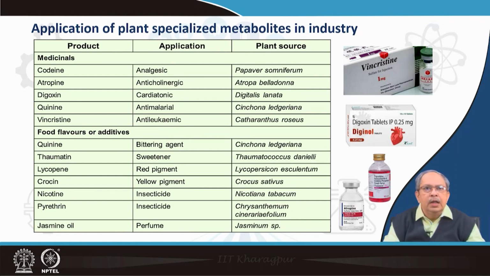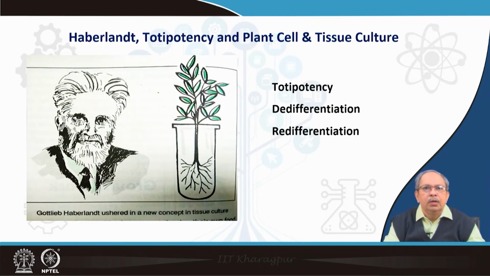So, these are some of the specialized metabolites which are produced from plants, and the products are available in the market. What you see on the right side are the finished products, and the different applications are shown here. For example, quinine, antimalarial; digoxin, cardiotonic; thymidine, sweetener; lycopene, red pigment, and so on, and the respective plant sources are given in the last column. In order to produce these metabolites in plants, as I have mentioned, we need to go for plant